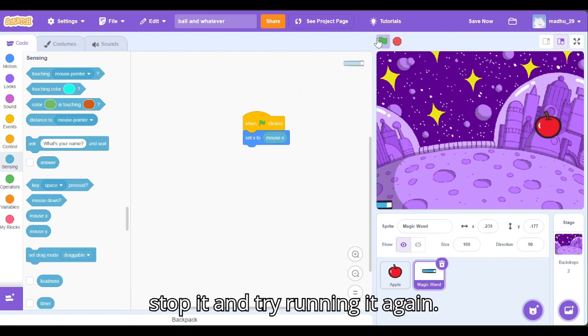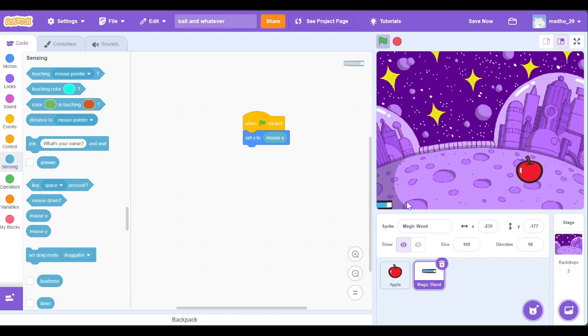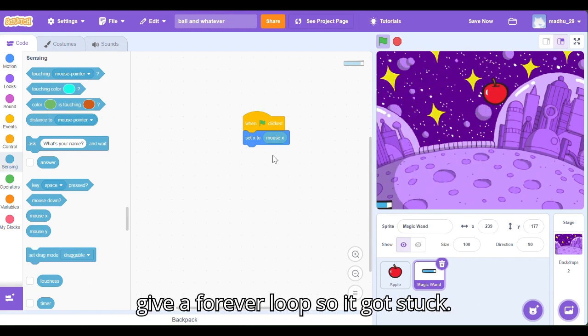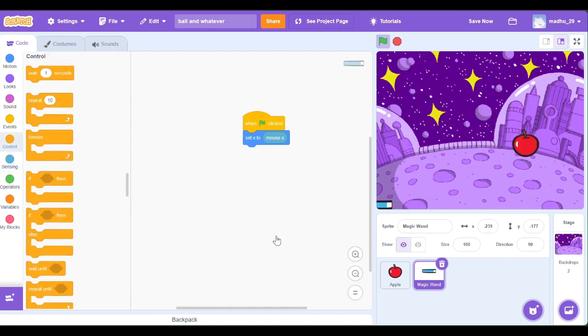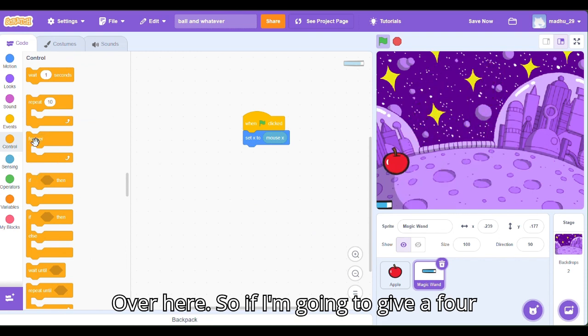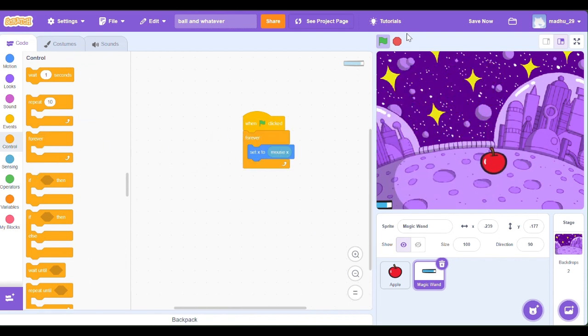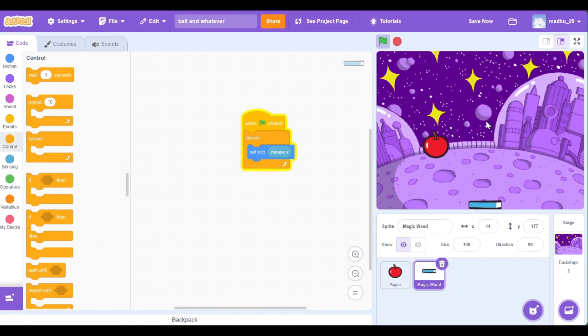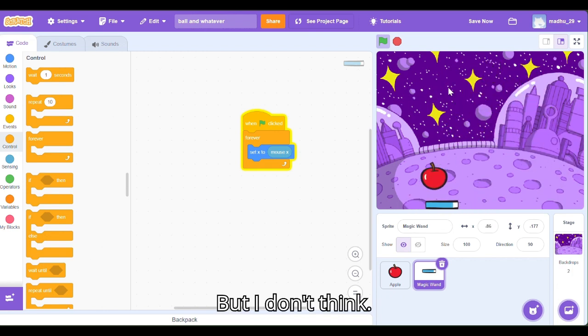Okay, so let's stop it and try running it again. Oh yeah, it got stuck. What might be wrong? Because I didn't give a forever loop, so it got stuck over here. If I give a forever loop, this error is going to get solved. Yep, as you can see,